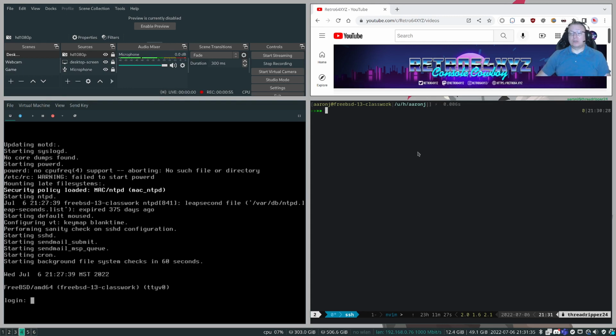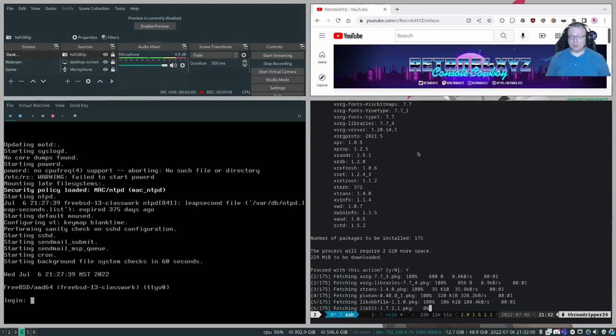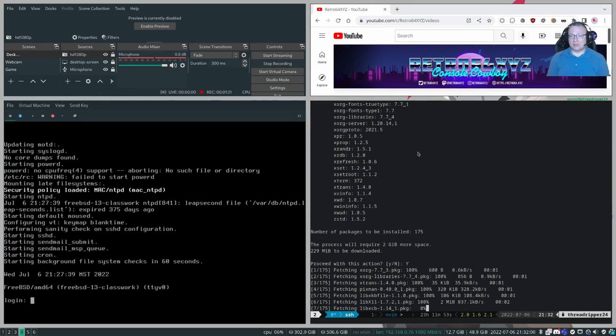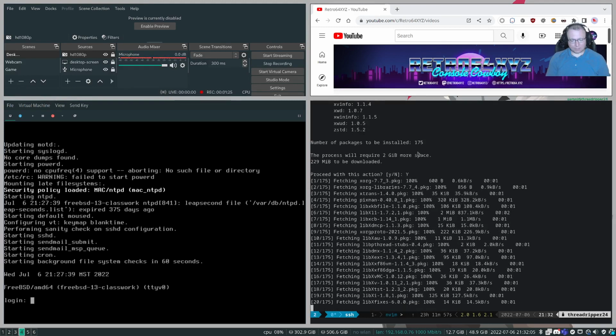start the process. The first thing that we're going to do is sudo pkg install xorg, so that's X-ray Oscar Romeo Golf. And this is going to be rather large. I think it's like 157 individual packages or something like that that we're going to be installing. So we are going to, 175. So we're going to choose yes. It's going to take approximately 2 gigabytes of space. So this is rather heavy. It's a little big. But when that is finished,